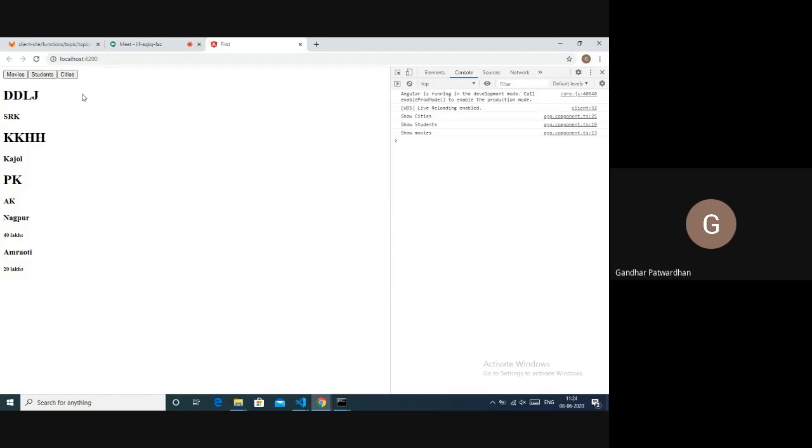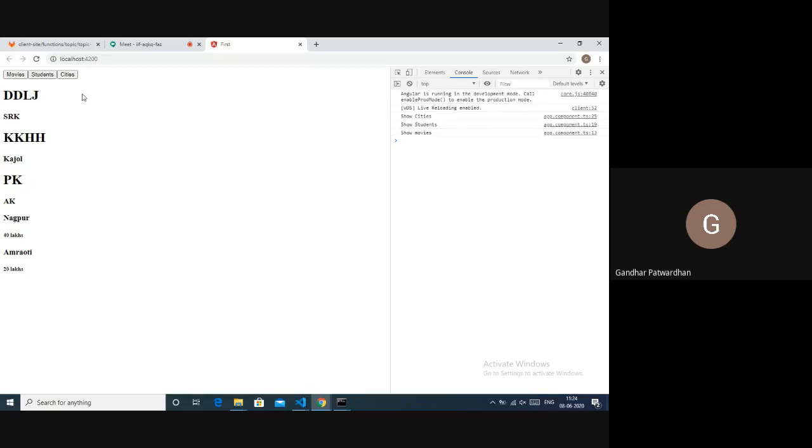Now if I click on students, I'll see students, and movies, I'll see movies. Now, if I need to ensure that if I click on cities, only cities would be displayed, how will I do that? My Boolean variable is not going to play that role. Why? Because a Boolean can only be true or false.